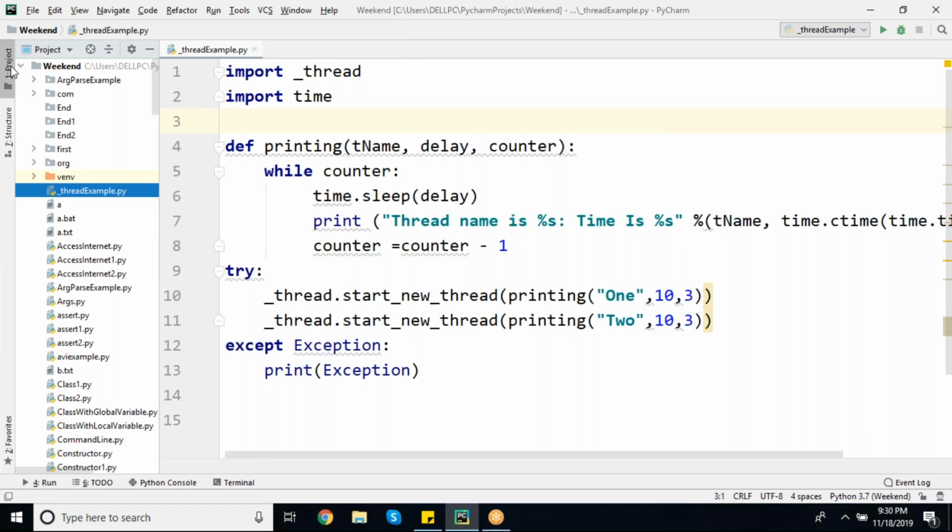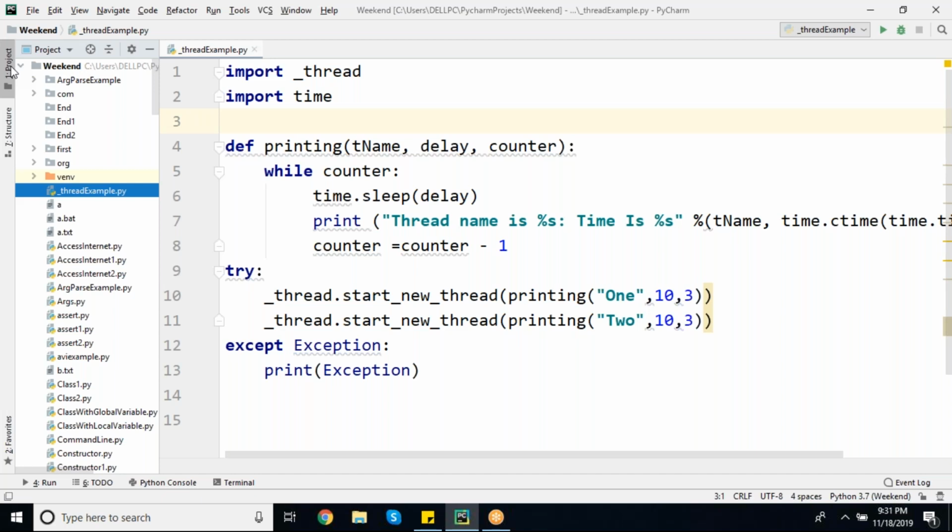So this is one more reason why underscore thread is not preferred. Using threading, we will be performing all kinds of operations, as well as following life cycle methods also.